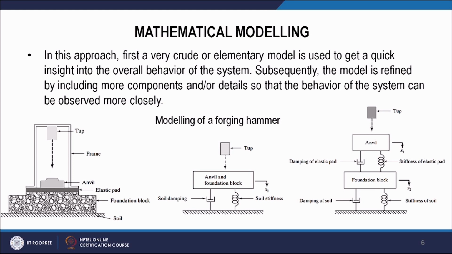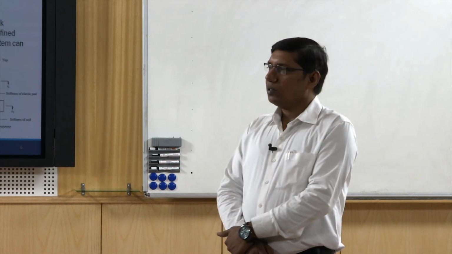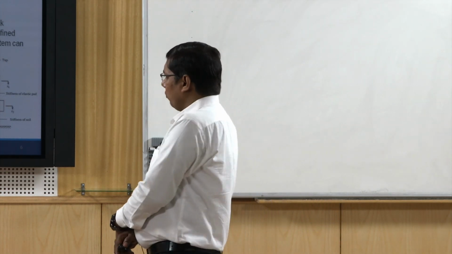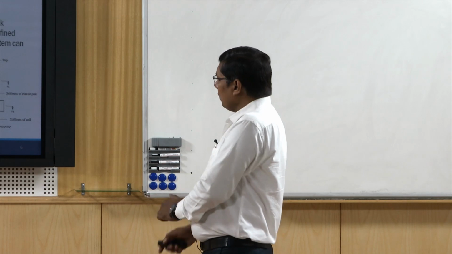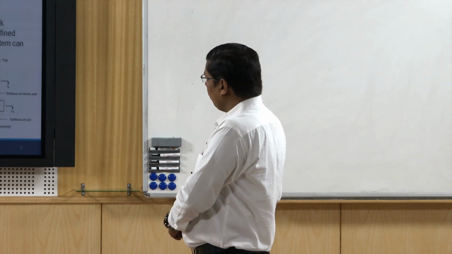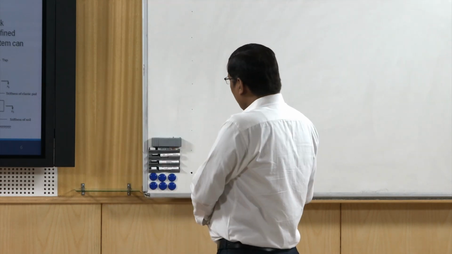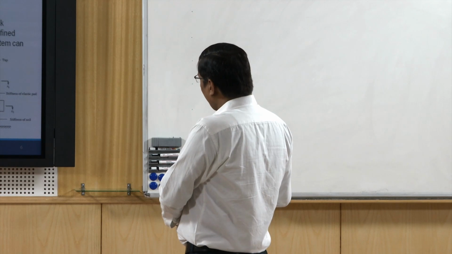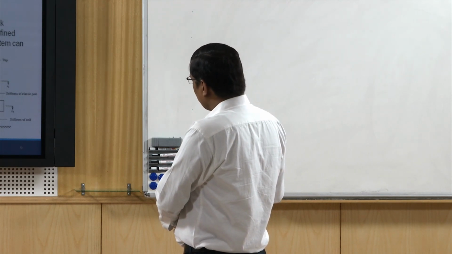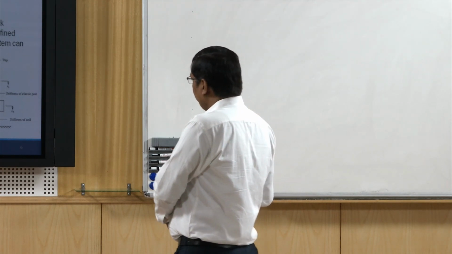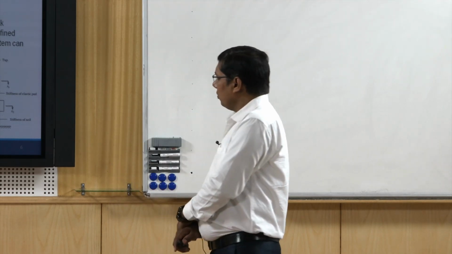So, in the refining process, we may include the features of some certain other components of this system. For example, we can see the second figure, second model, that is the 2 degree of freedom system model. And in this we have separated the anvil, and of course this also includes the mass of frame also, this anvil and frame mass,